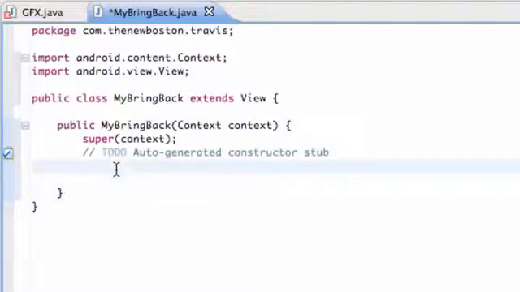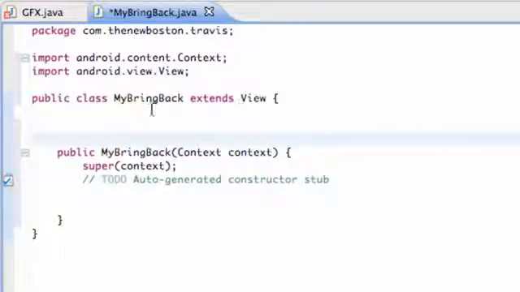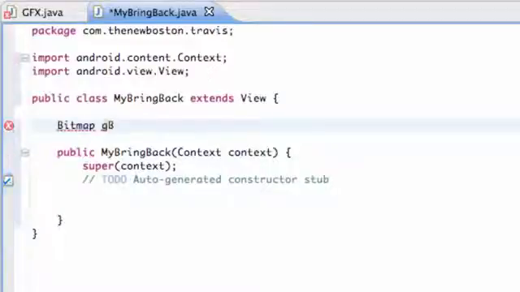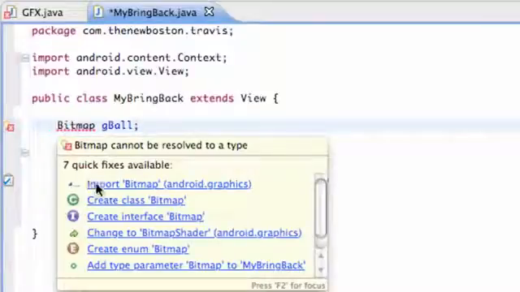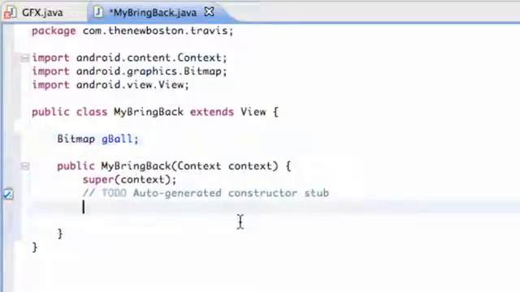So let's set up a variable. Well, first we want something that's going to be able to be used within our whole class. So we're going to say bitmap, and we're going to call it gball for green ball. And we're not going to define it yet. We're just going to say, hey, there's going to be this variable, look out for it. And now within our constructor, let's define it within there. So we're going to say gball equals,